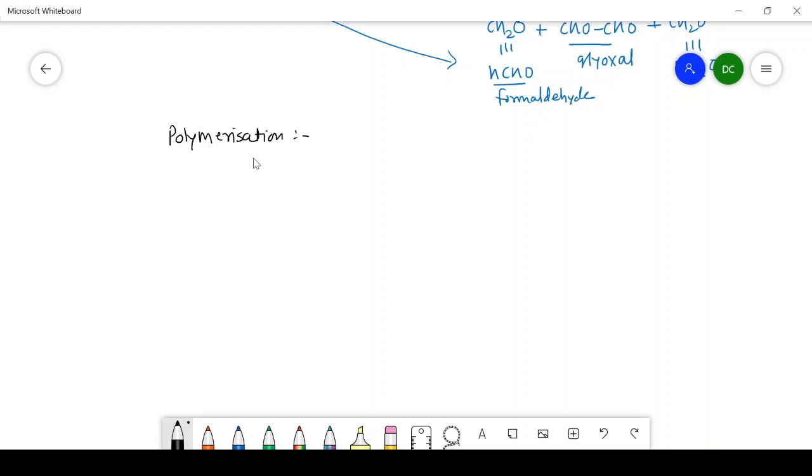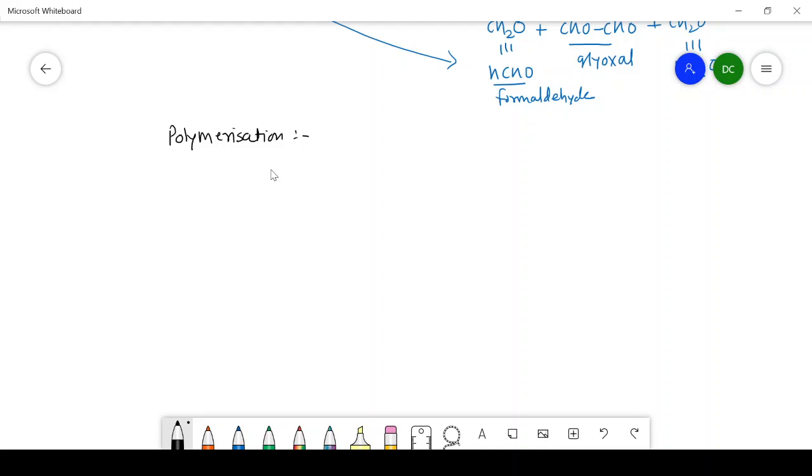The next reaction is polymerization. Like the addition reaction, it also occurs through 1,2 addition or 1,4 addition, and the resultant products, known as rubber, are used in our day-to-day life. That's why it is the most important chemical reaction of 1,3-butadiene. Now this polymerization reaction involves a self-addition of 1,3-butadiene. It doesn't react with another molecule or a different reactant, but it undergoes addition with itself.